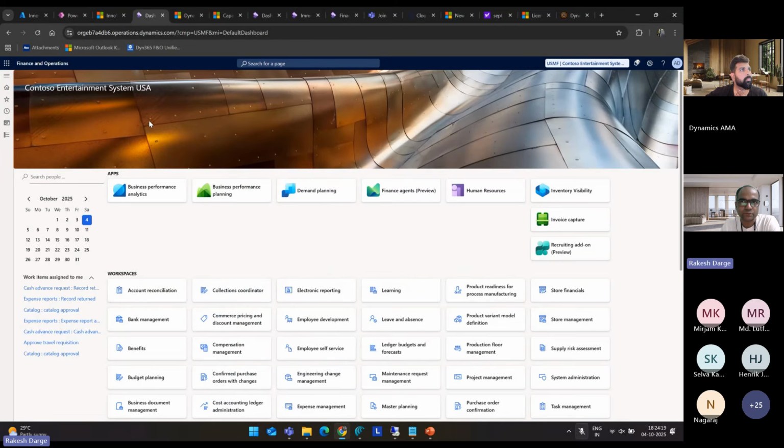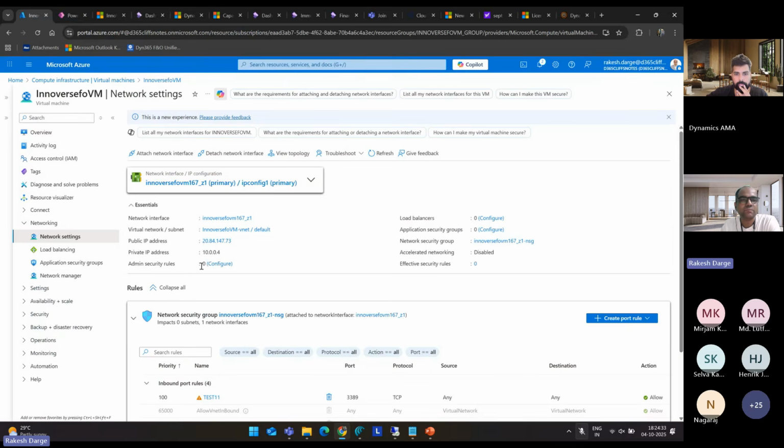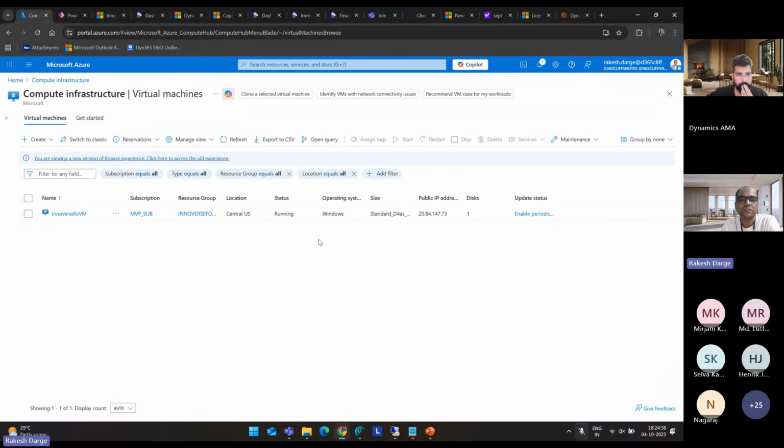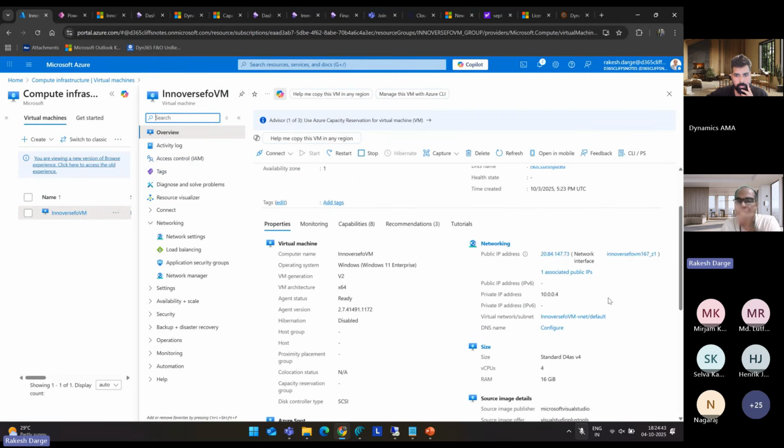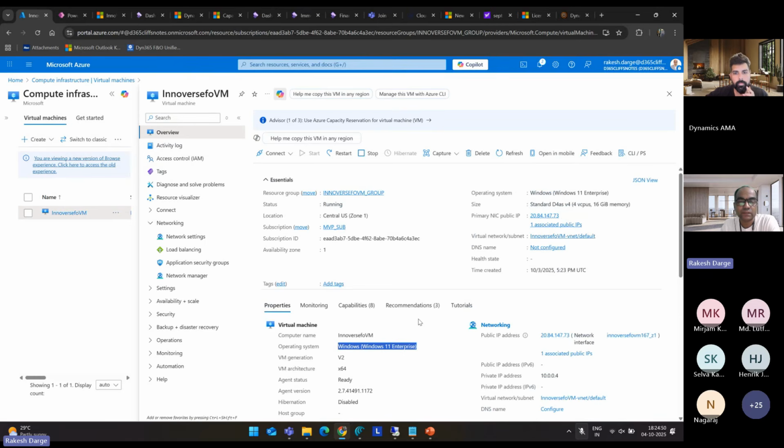I'll just showcase how that is to be installed. Or if that option is not allowed for some security purposes from your customer side, then you can always spin up a lightweight VM. So that is exactly what I did. What I did here, I just spun up one VM, which is a VM running on my subscription, having the standard DS4, and it is a Windows 11 Enterprise Edition that I picked up from the marketplace of Azure, which contains the Visual Studio Enterprise Edition.